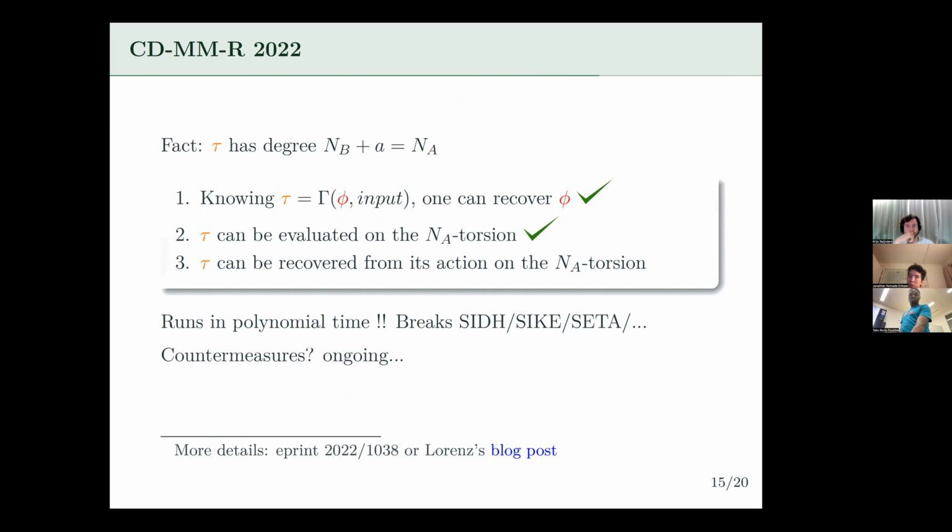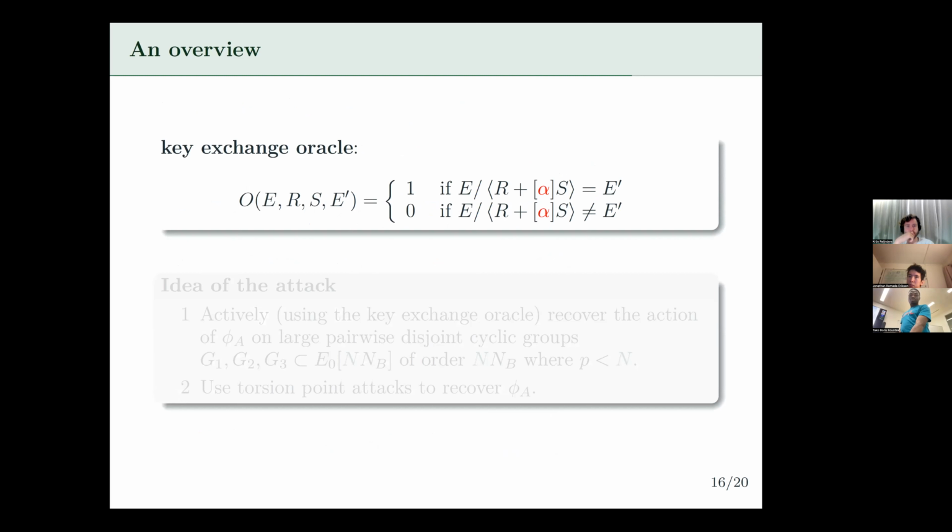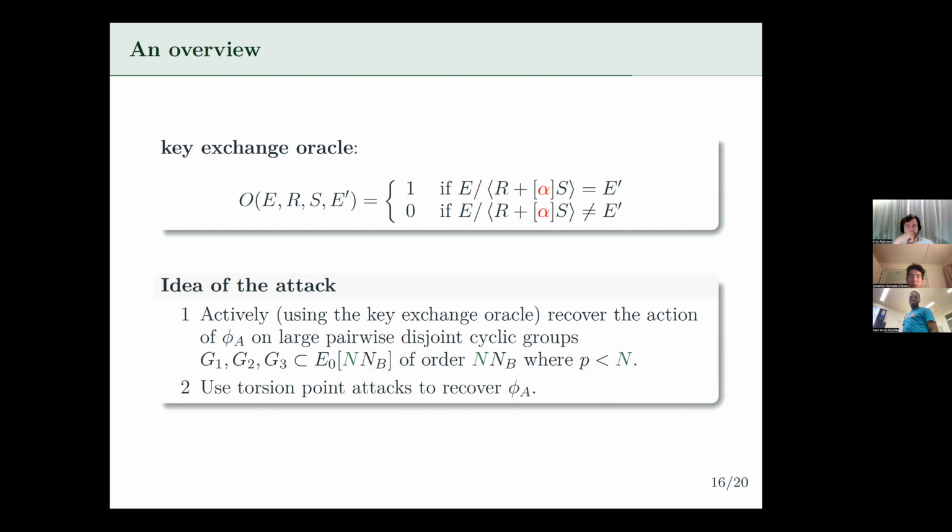So here you suppose that you have your key exchange oracle as before, and then the attack just proceeds in two phases. The first phase, you actively recover the action of the secret isogeny phi A on more torsion points. Here we don't really recover the action of the isogeny on torsion points, but we recover it on torsion groups. And in general, when you can recover the action of an isogeny on 3 cyclic disjoint torsion groups, then you